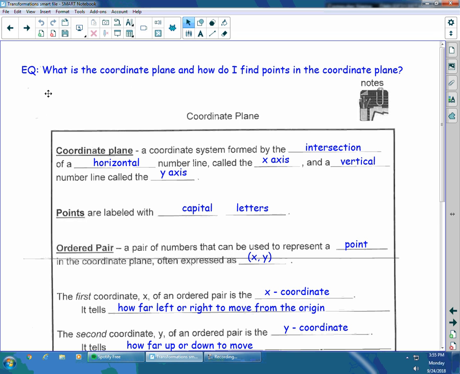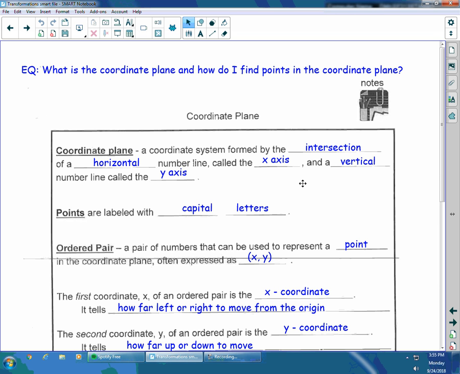So I'd like you to write down the following essential question. What is the coordinate plane and how do I find points in the coordinate plane? So you're writing that at the top. And then this should be a review of the coordinate plane. You should be somewhat familiar with what a coordinate plane looks like. We're reviewing it just to make sure that you understand all the pieces and parts of it before we get